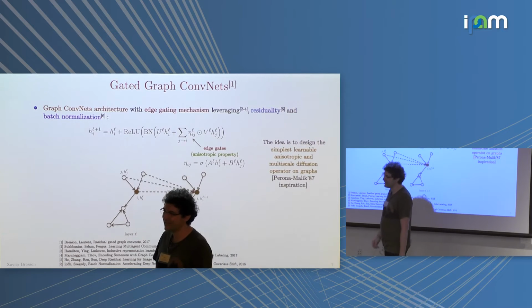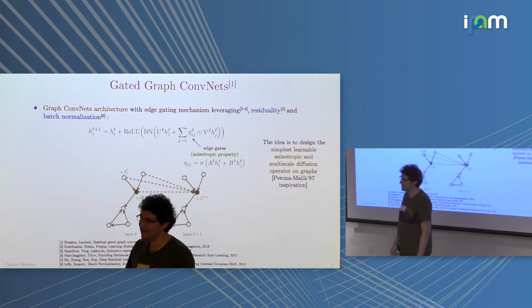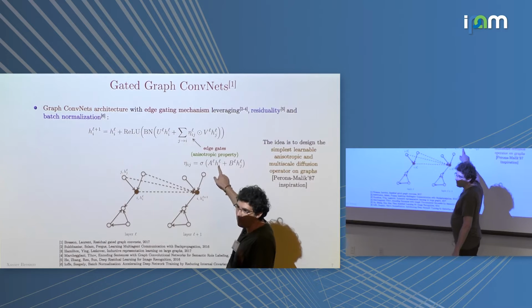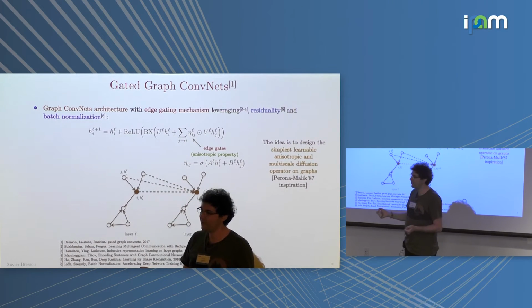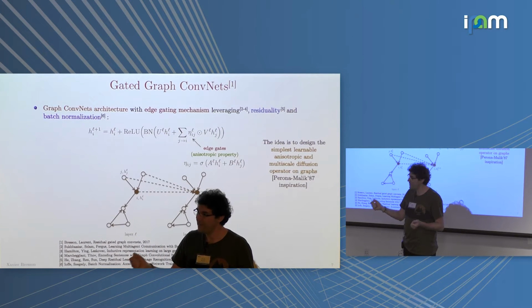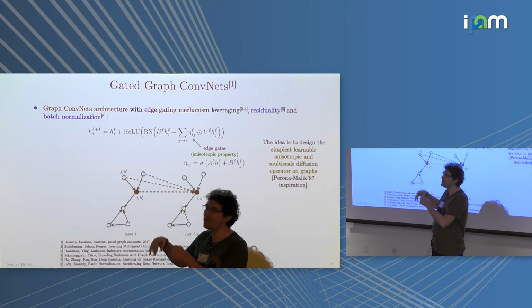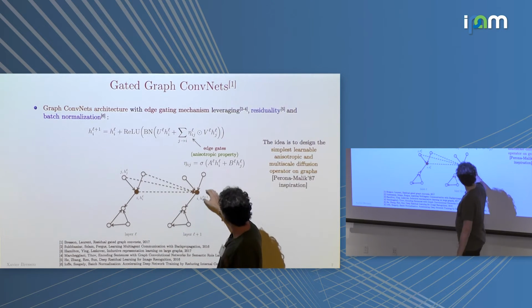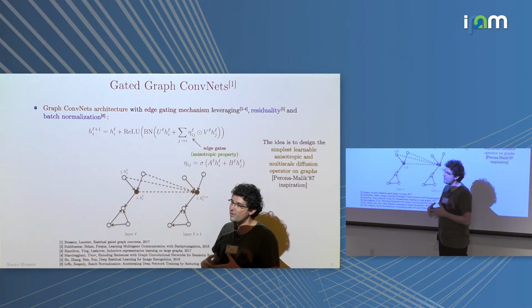Yes? Yeah, so molecules are in three-dimensional space, aren't they? So how do you represent these spatial relations? Your H here is like a feature. At the first layer, the feature is going to be your 3D coordinates, for example. Then they are processed at each layer in a different way to make the best possible representation to solve any task. But it's really at the beginning, at the first layer, that you give everything you know about your problem, like the 3D coordinates.